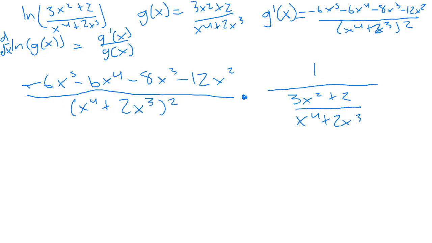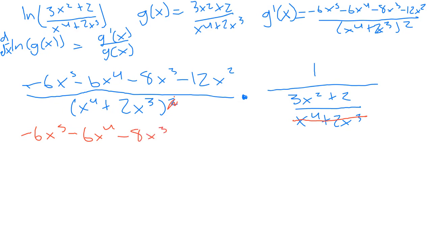So if we look at this right here, we can see that in our denominator, if we split it up into its own fraction, we would have an x to the 4th plus 2x cubed squared in the numerator, and an x to the 4th plus 2x cubed in the denominator. So we can go ahead and just cancel these out. So now we would be left with negative 6x to the fifth minus 6x to the fourth minus